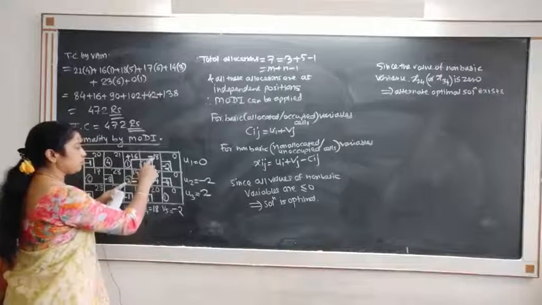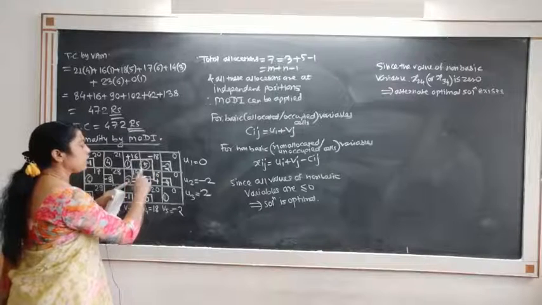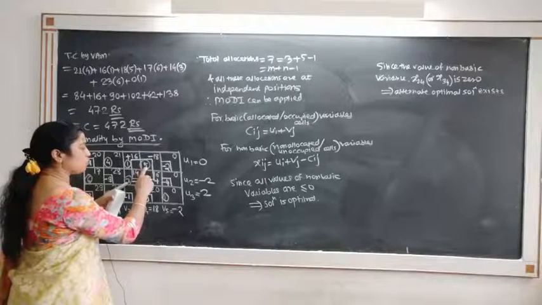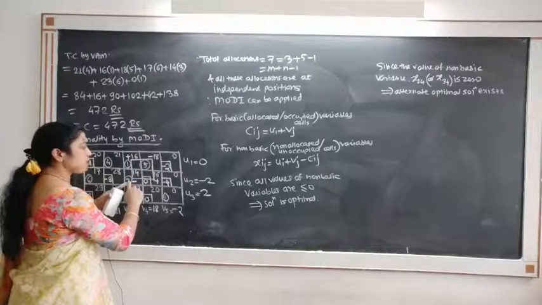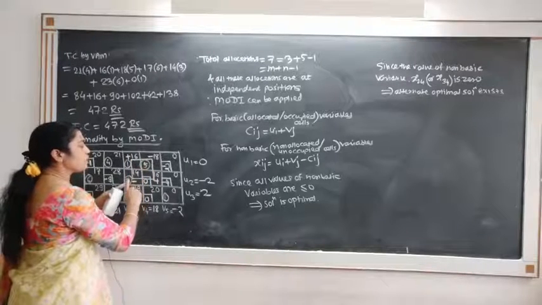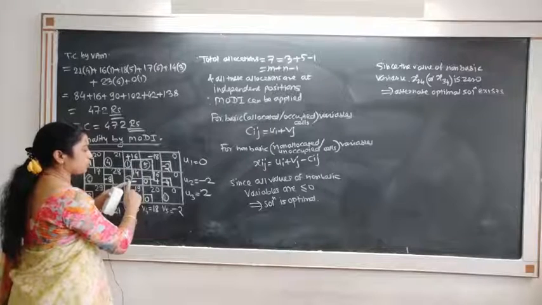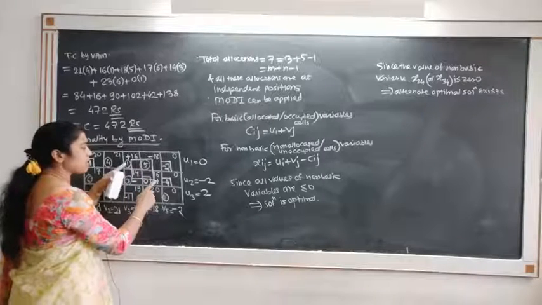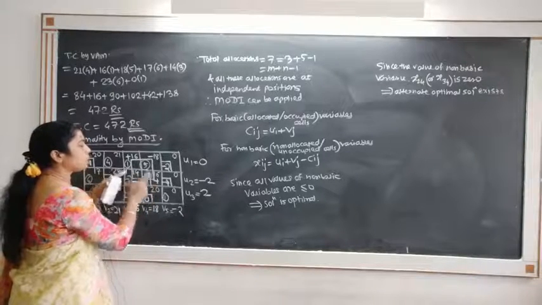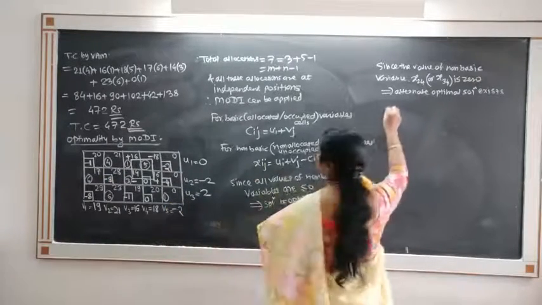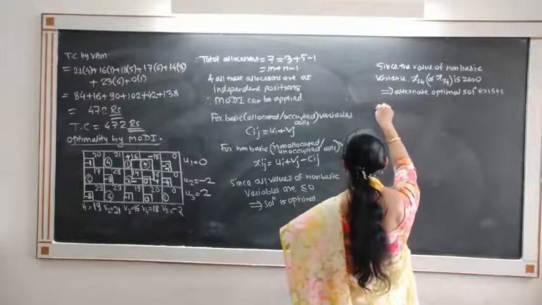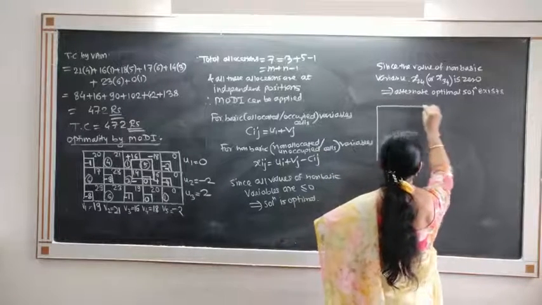Among minus sign cells, see allocations, they are 3 and 5 and minimum is 3, means that where there is minus sign, from those cells we will subtract 3 from the allocation, and having plus sign cells we will add 3 in the allocations. So what is our next solution? So we get the next table.